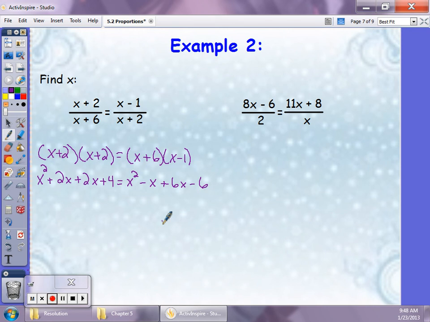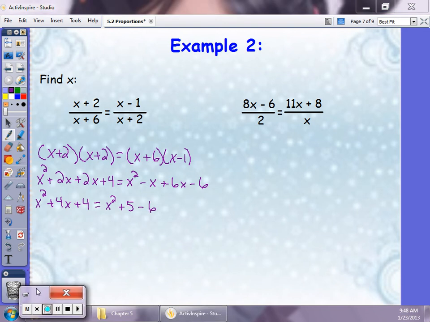And we're going to go ahead and combine like terms on each side. So this will give us x squared plus 4x plus 4 is equal to x squared plus 5x minus 6. So now we can start simplifying using what we know about solving equations. So if we subtract x squared from both sides of the equation,